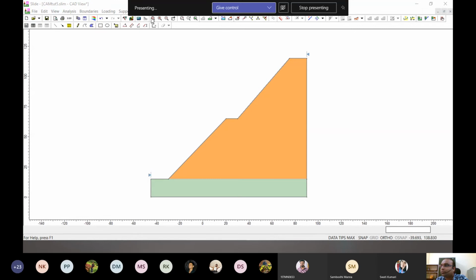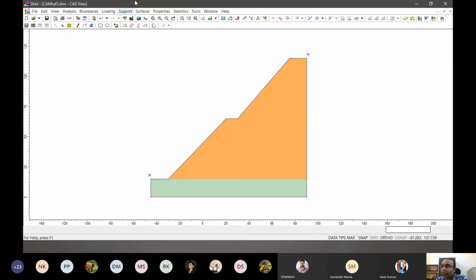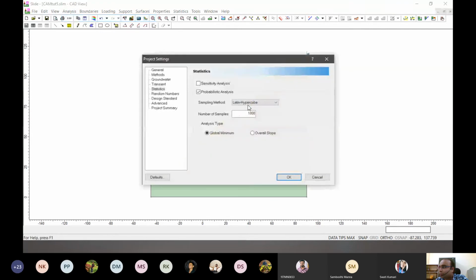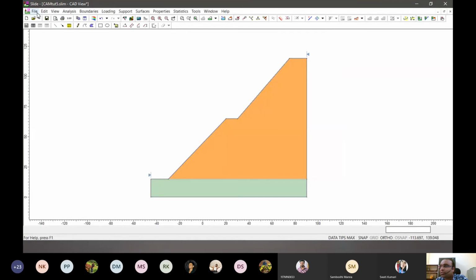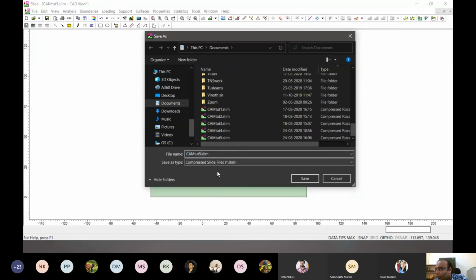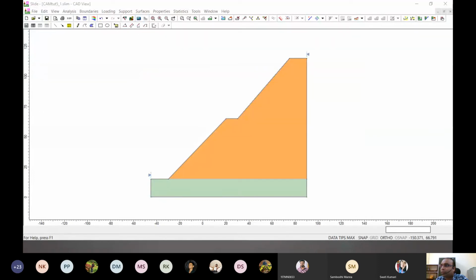First, let's process that. This is for Latin, right? And we change it to Monte Carlo. Click OK, and we save it as another file to just show you all how both are having different behaviors.